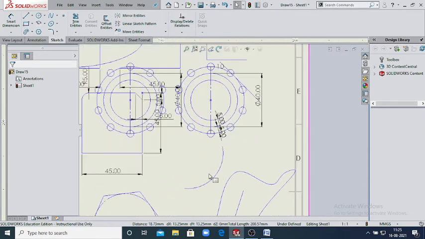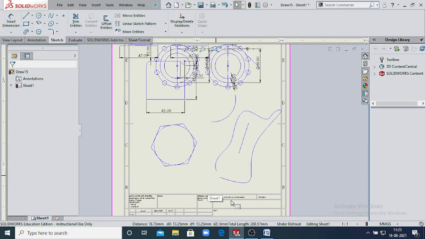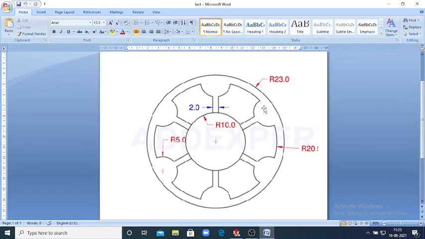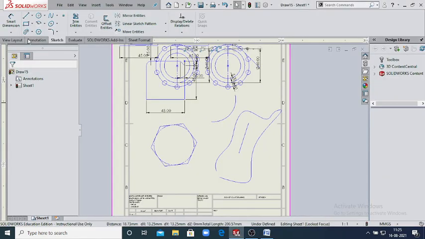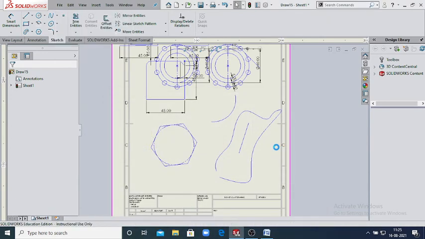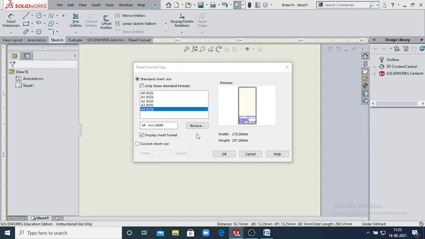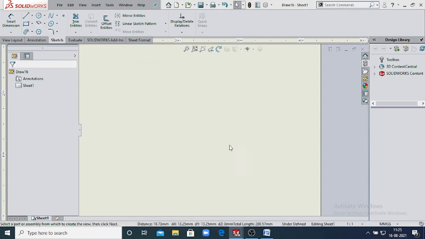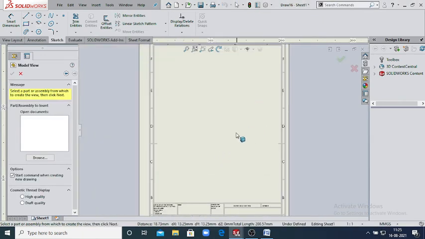Now next, we'll make some design like this. We'll make this design in the SolidWorks software. So how to make this design? Let's start with a new file. Select the A4 sheet, then okay. Now this one is your A4 sheet.